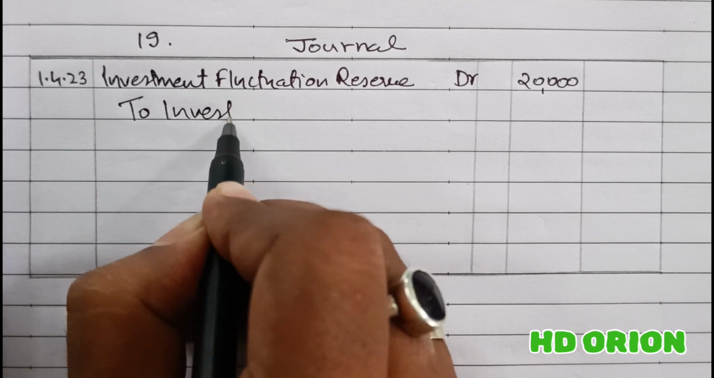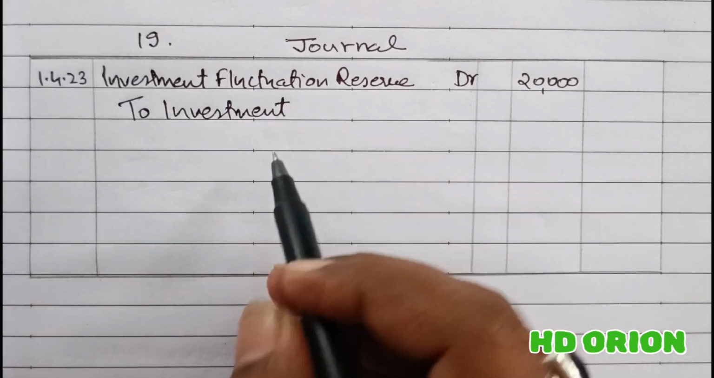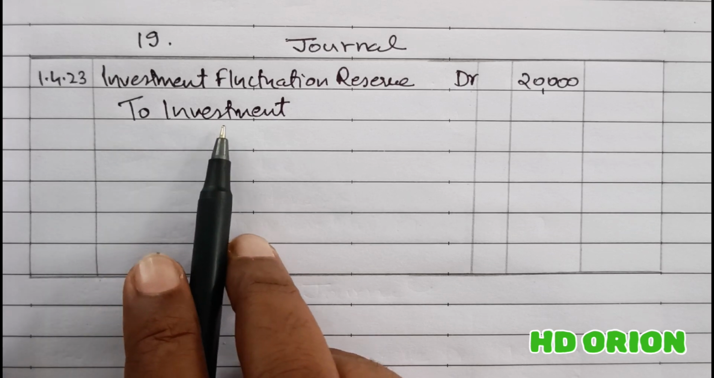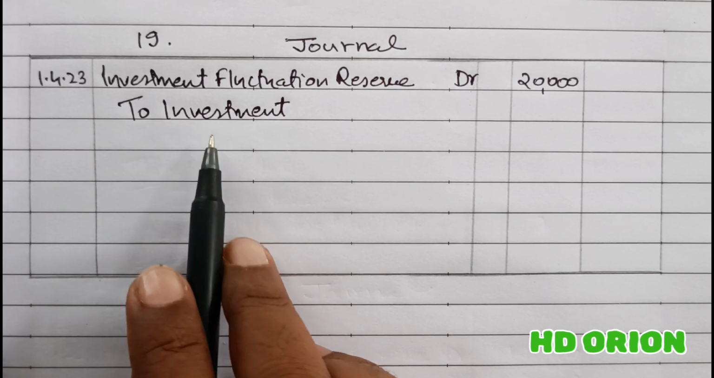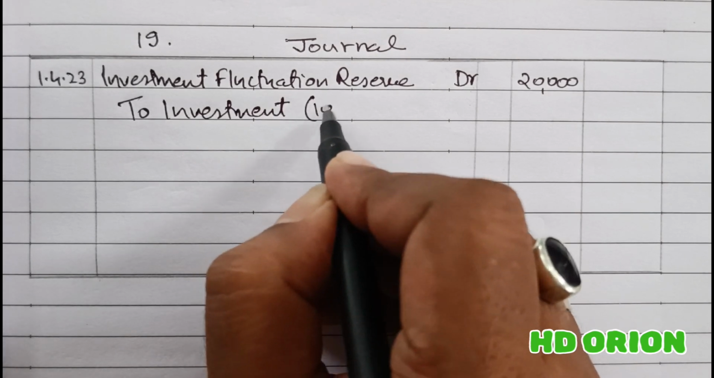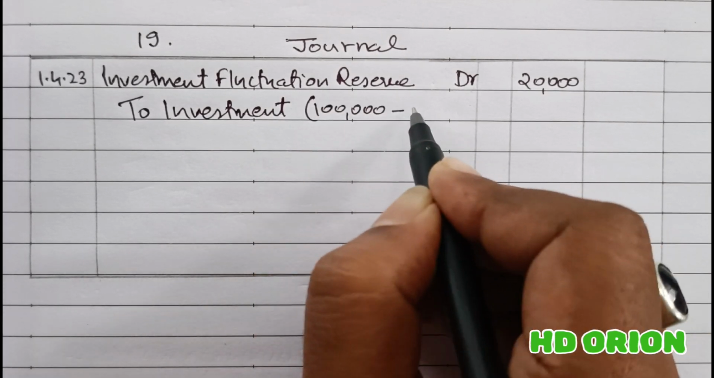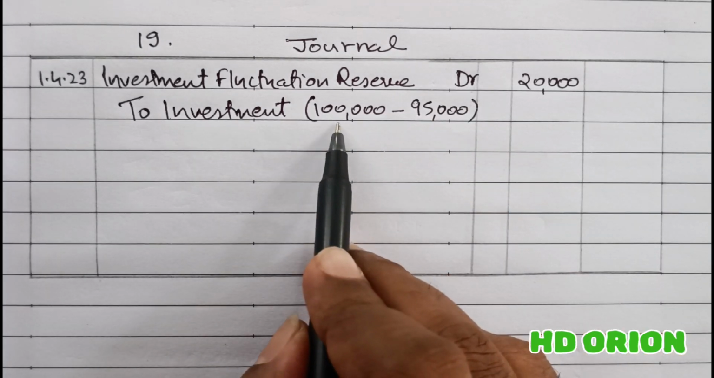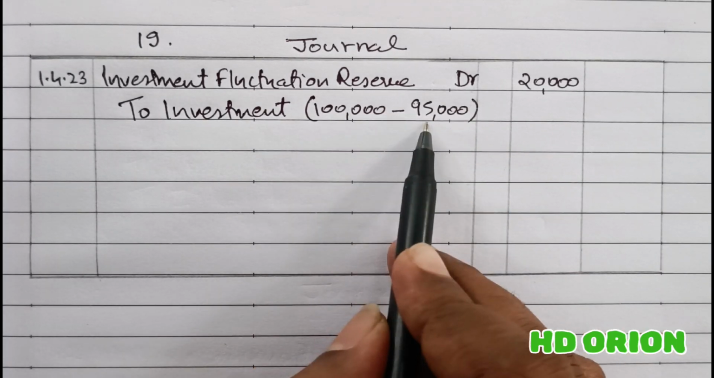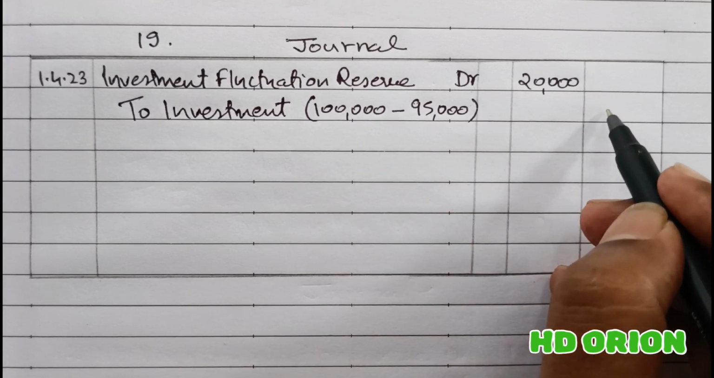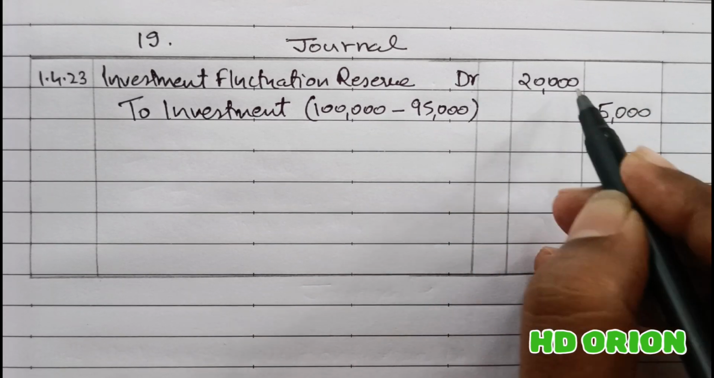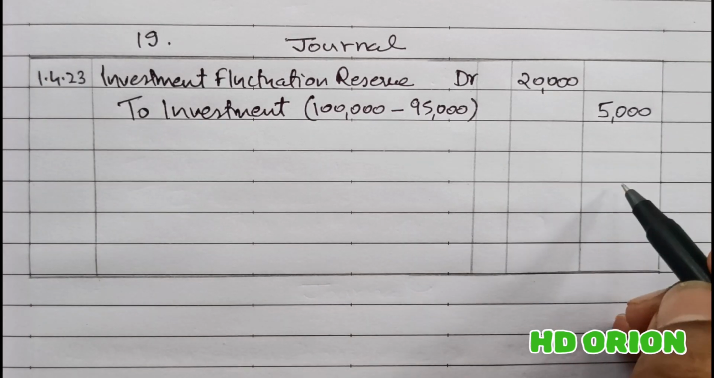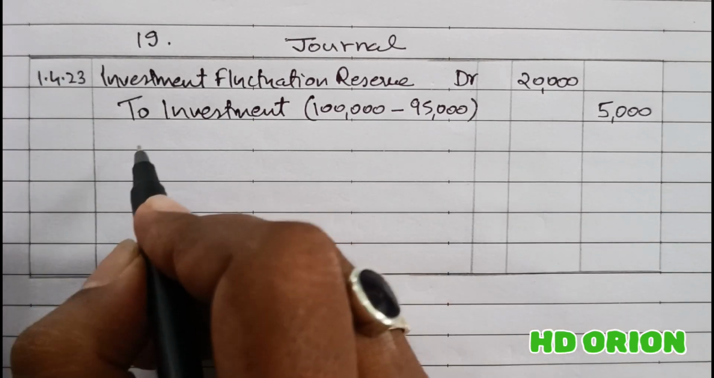So investment being an asset always shows a debit balance, but for a decrease in the value of investments, the investment account will be credited here. So the market price is less than the book value. Book value of investment is rupees 1 lakh, but market price is rupees 95,000. So 5,000 loss will be compensated from the reserve, and the remaining 15,000 will be paid to the partners in their